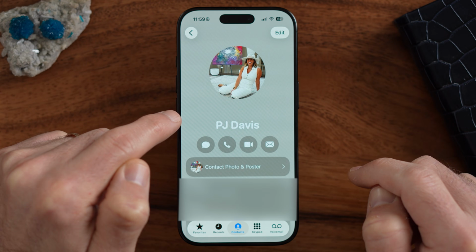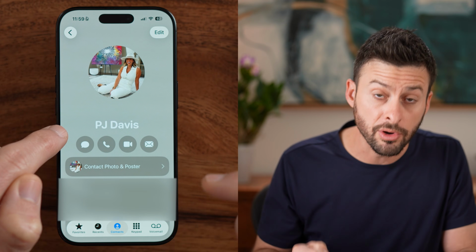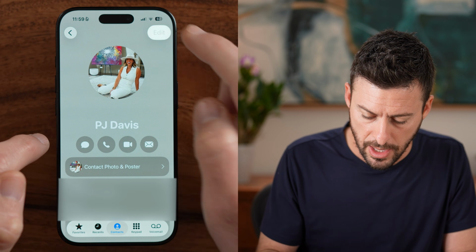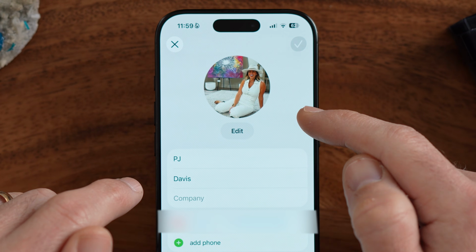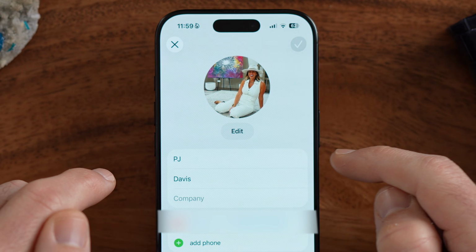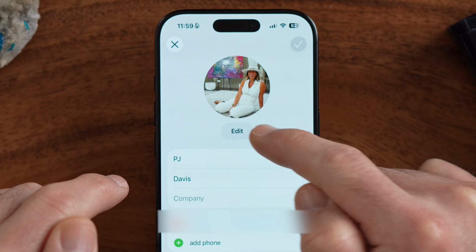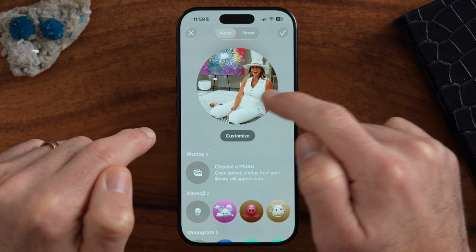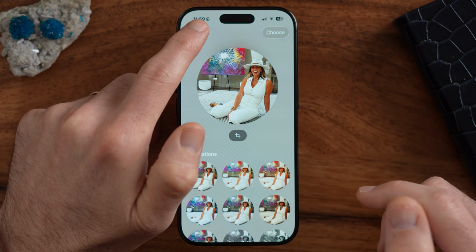Let's say this contact. I can remove either their profile picture that pops up when they text or email me or call me, and then I can also remove their poster. So tap on the edit button, and then right under their profile picture, tap on edit again. You'll be able to see if I tap on it or tap on customize, there's no delete option just to delete out that photo. For whatever reason, Apple decided to basically make it this way that you need to choose